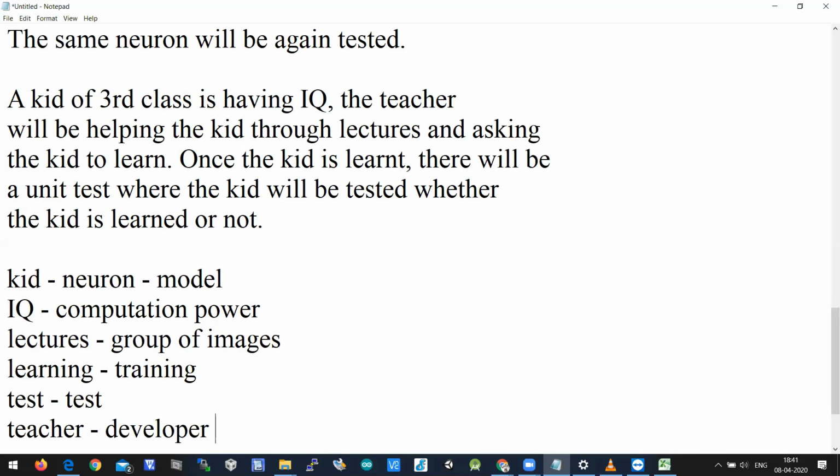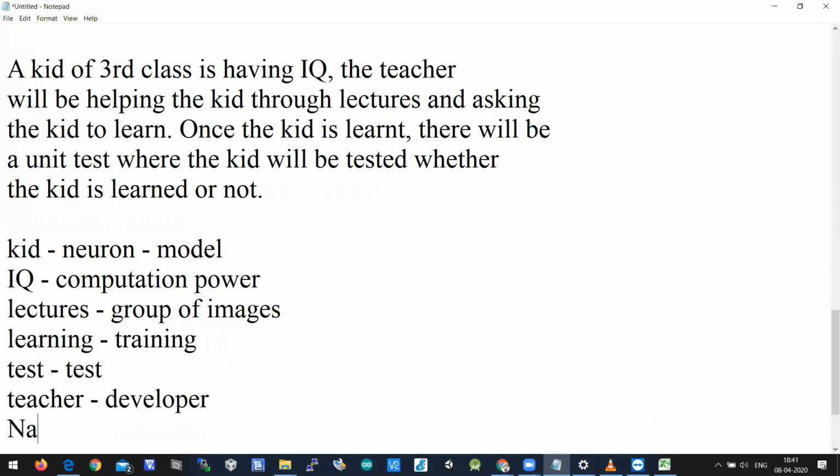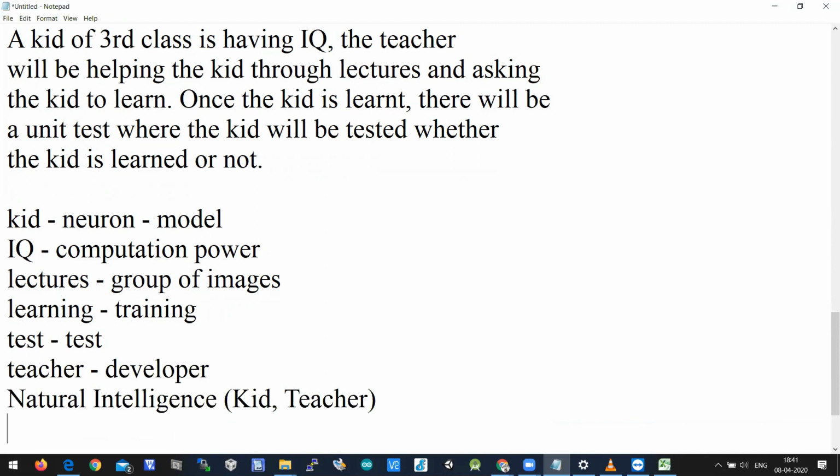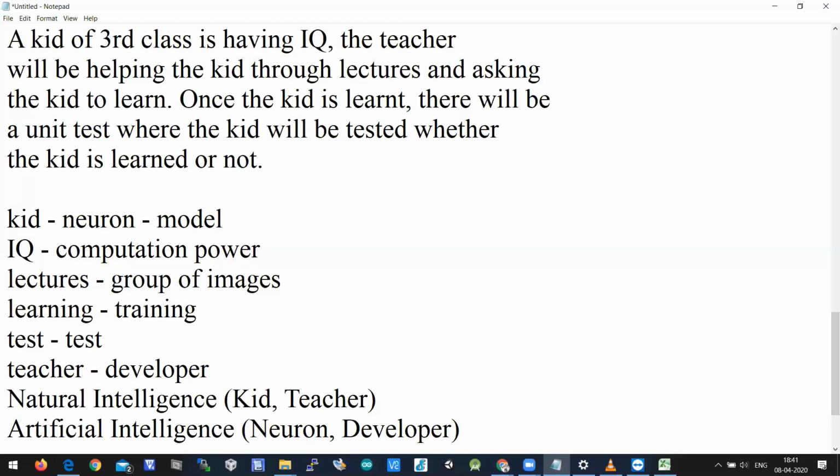So this is natural intelligence, right? If you take kid and teacher, that is natural intelligence. And when you talk about artificial intelligence, the kid is nothing but a neuron, the teacher is nothing but a developer. So a developer used to train the neuron.